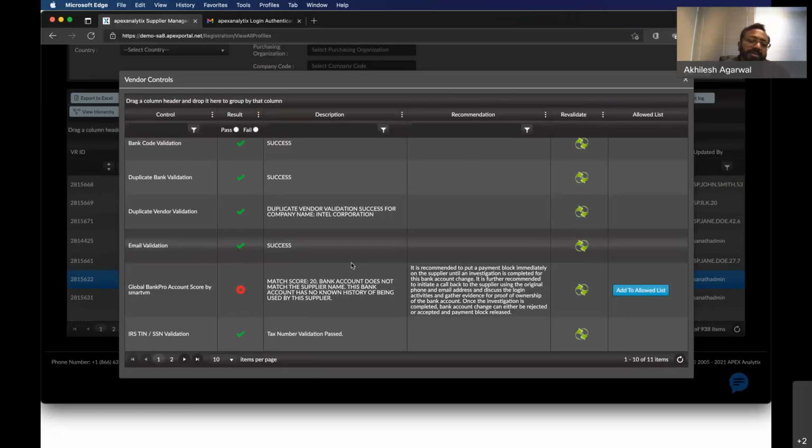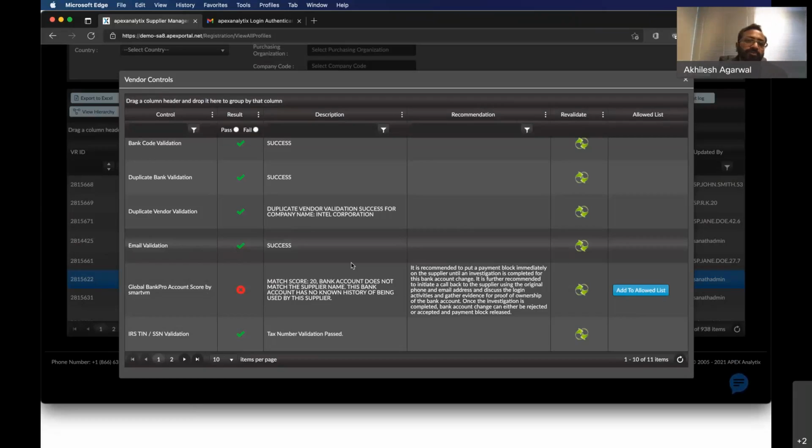But apexanalytix is in a very unique situation where we have a database called SmartVM with APIs, and this database now consists of 40 million supplier records worldwide. We have hundreds of Fortune 500 companies using the system in one way or the other with one service or another. And over the last 30 years of our business doing audit services, providing software as a service for apexportal, providing duplicate payment prevention controls,